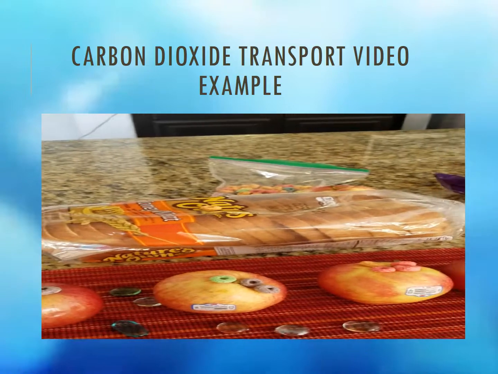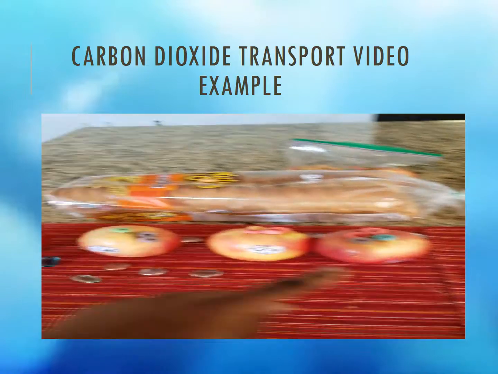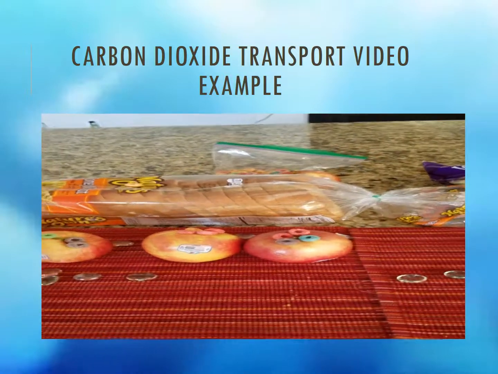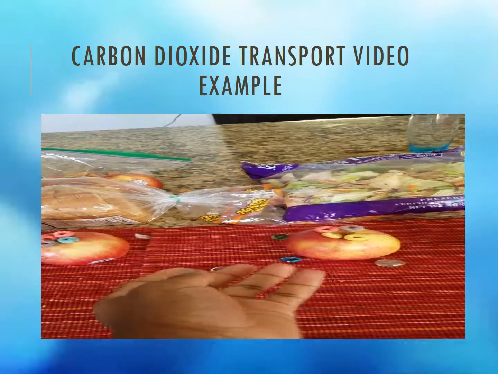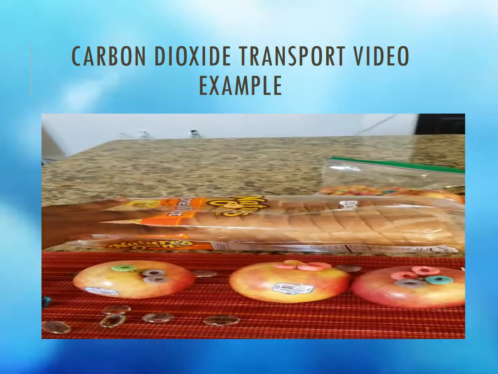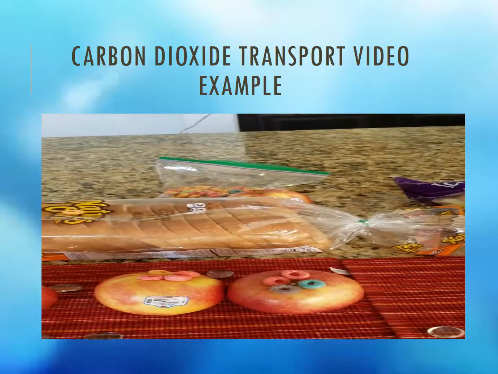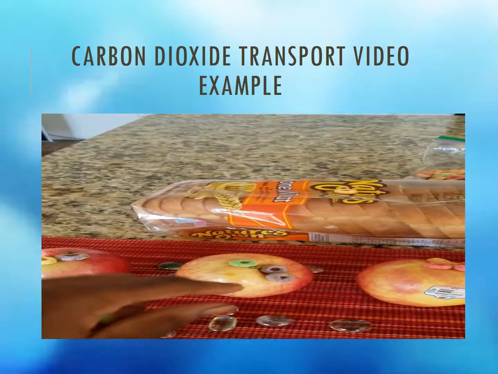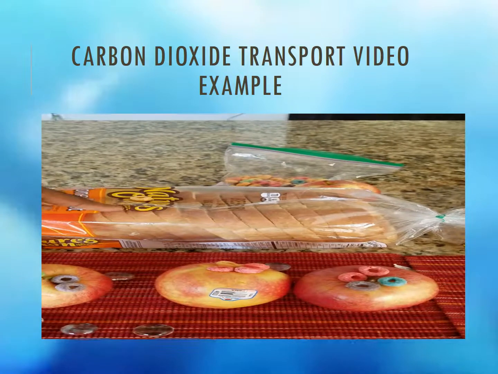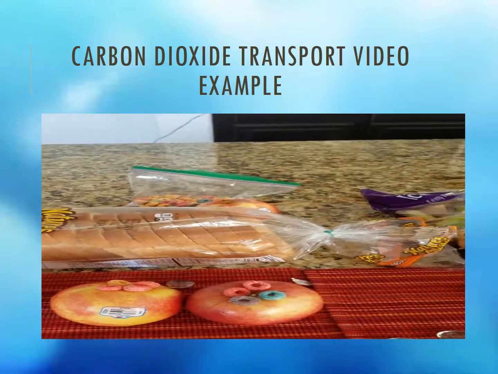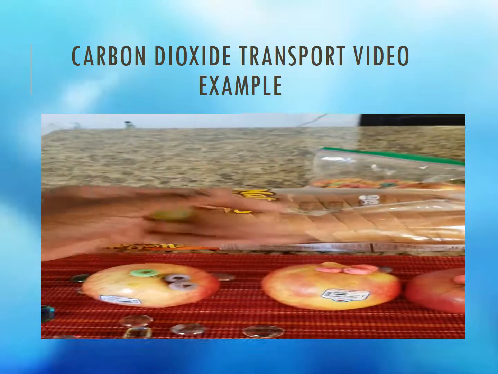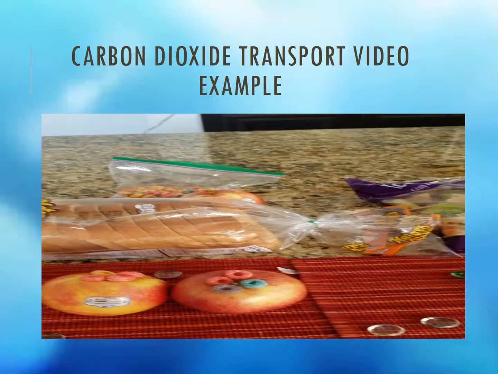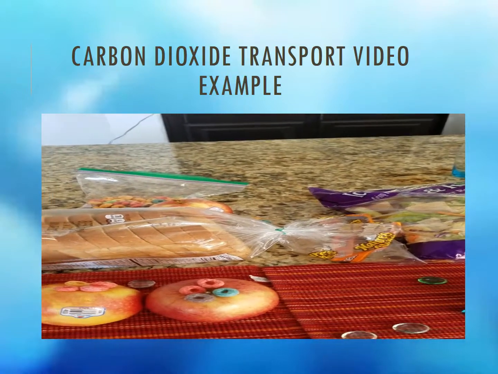And what basically happens is this is the bloodstream. This is basically plasma. So as the red blood cells go through the stream and they pass the cell tissues, the cell signals that it needs oxygen. The red blood cells give the oxygen to the tissue. The tissue then releases carbon dioxide. It diffuses into the bloodstream. When it diffuses into the bloodstream, it can either be diffused into the plasma or